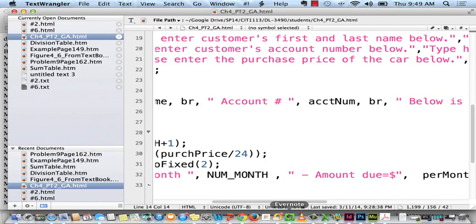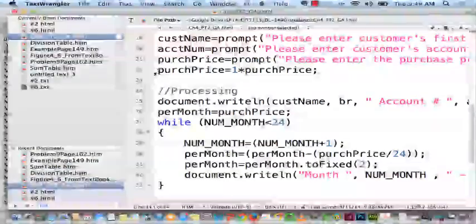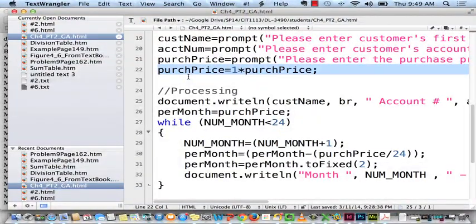So we've got 3 prompts. And then, why do we do this? Why did this one do this? To make sure that it's a number. Sometimes it works if you leave this out, but it's always safest to leave this in because in JavaScript, you